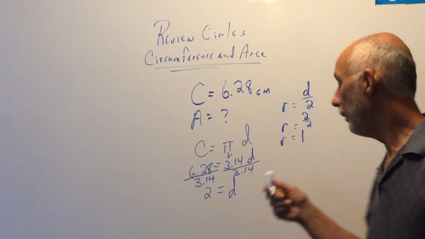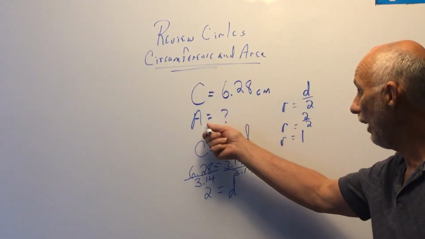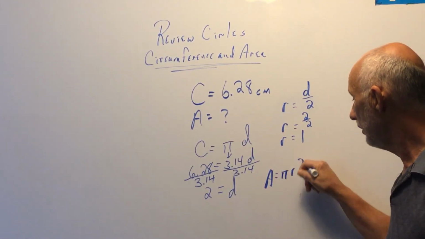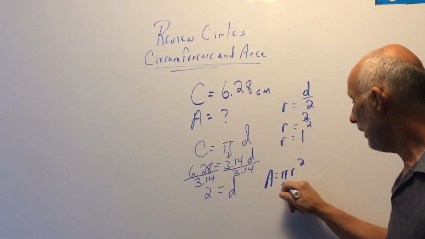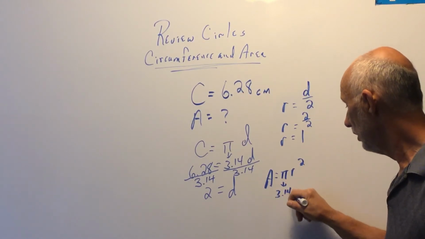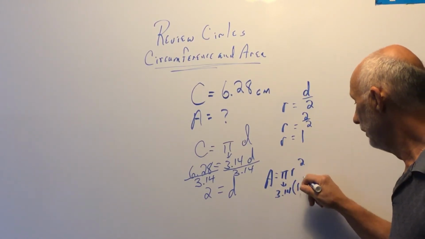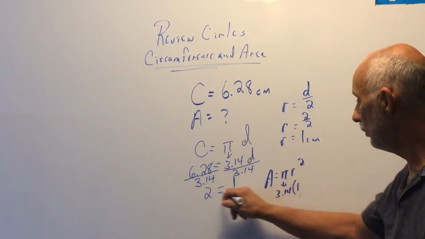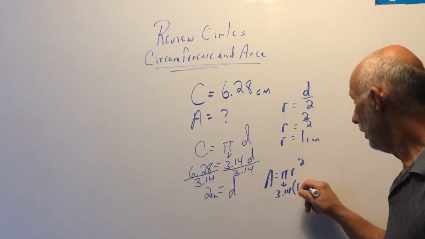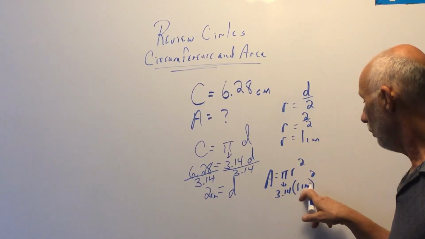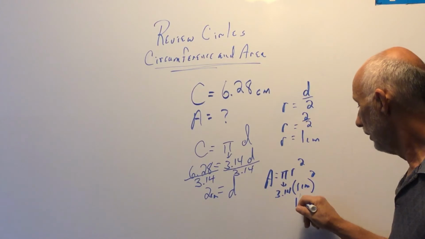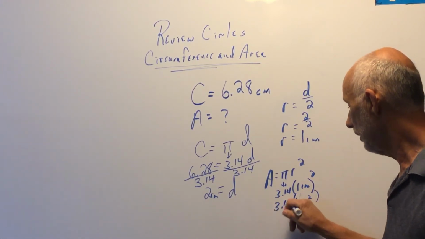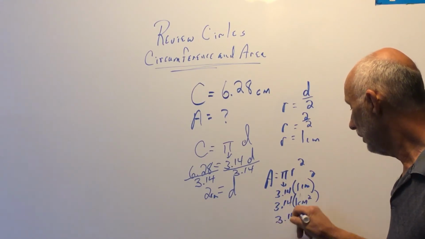I know, but now that I know the radius is 1, now I can go to the area, because area is equal to pi r squared. And again, pi is 3 and 14 hundredths, and the radius is 1. By the way, that would be 1 centimeter. No naked numbers. This was 2 centimeters. All right, and you have to square it. 1 squared is 1. Centimeter squared is centimeter squared, times 3 and 14 hundredths gives you